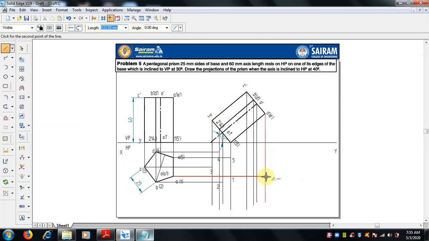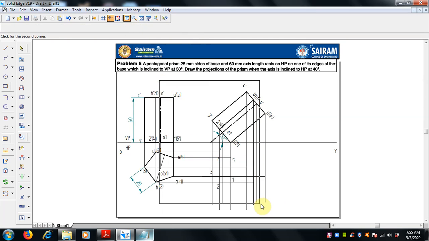So A and A dash where they meet, and B, C to C dash, D. You can start where they meet.